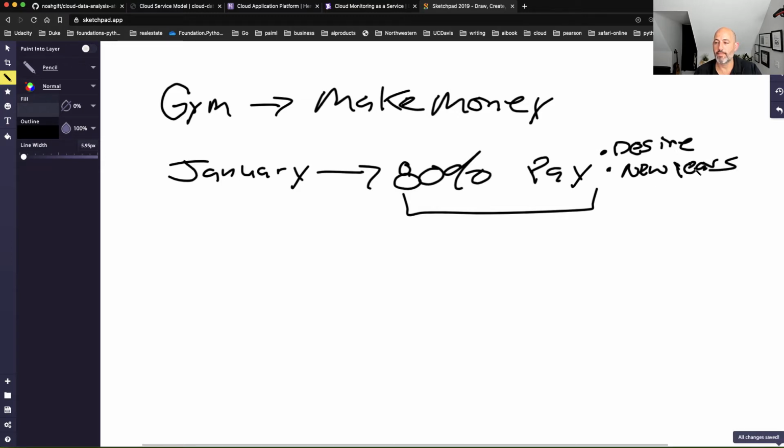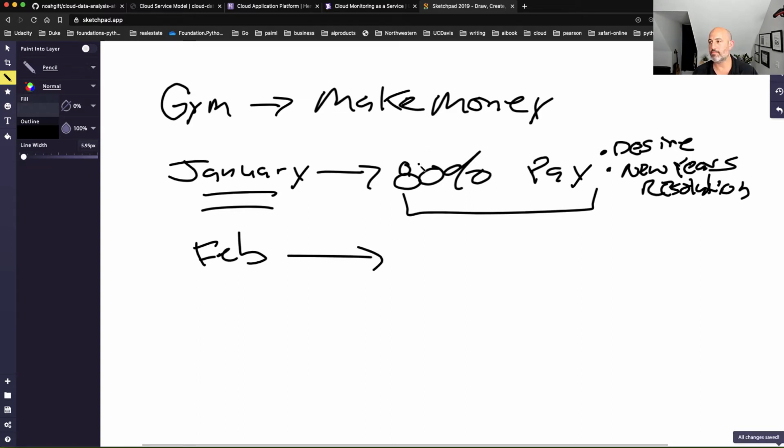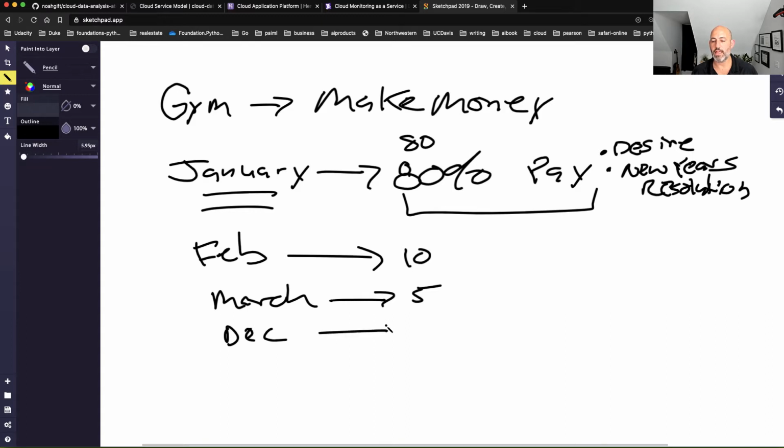But unfortunately, what happens is that as they go through and sign up for the gym membership, by February, the majority of those people aren't there anymore. So that 80% that came into the gym and paid for it, they pretty much have paid for the gym. So that's why you can go to the gym and get all this really fancy equipment. And then in February, let's say that of that 80%, let's say that was 80 people, maybe 10 of them are left, right? And then maybe in March, maybe another 5 are left, right? And then by the time you get down to December, maybe there's like 2.